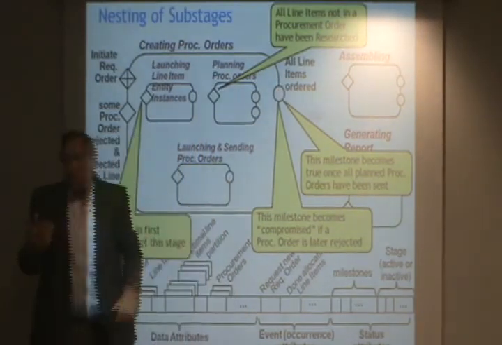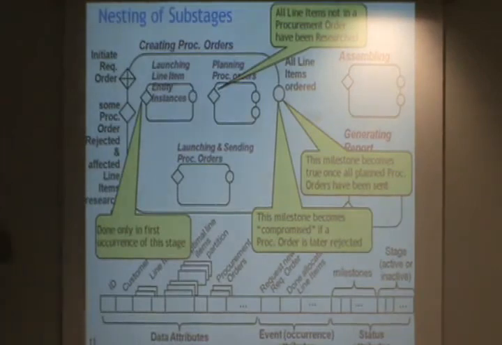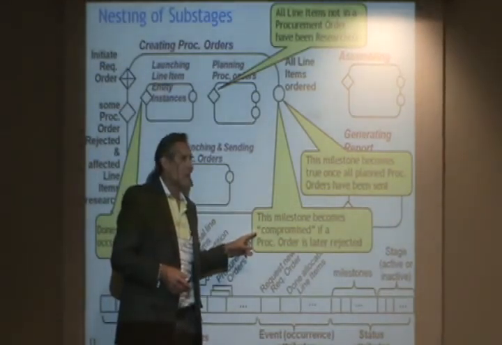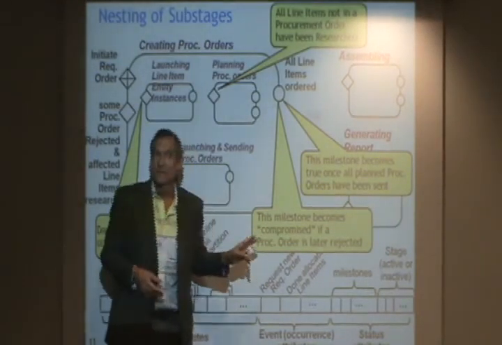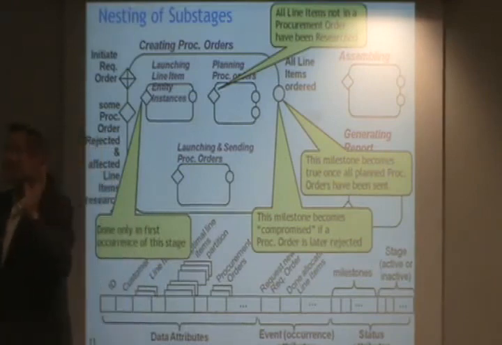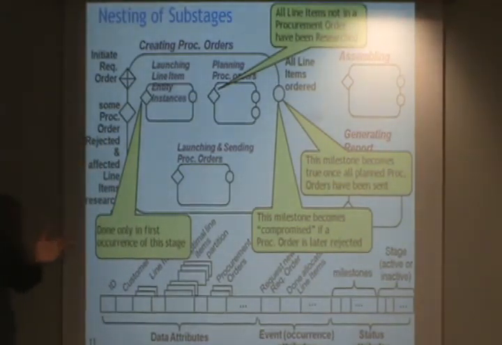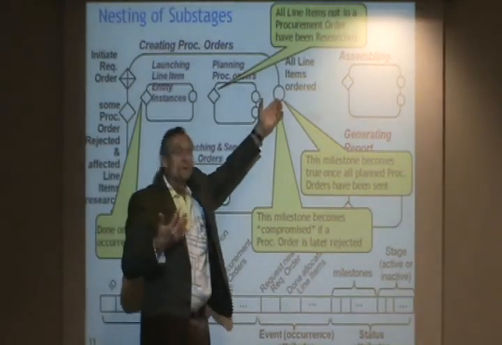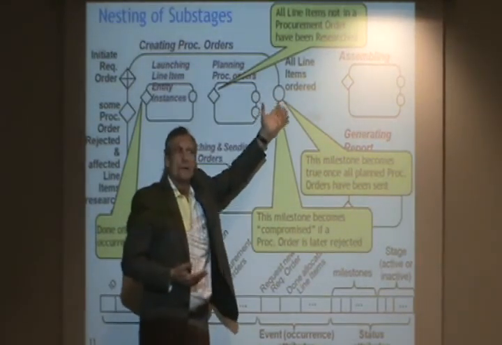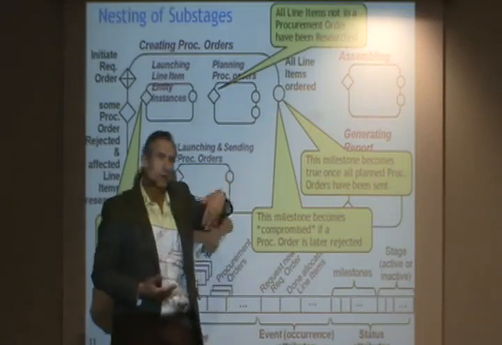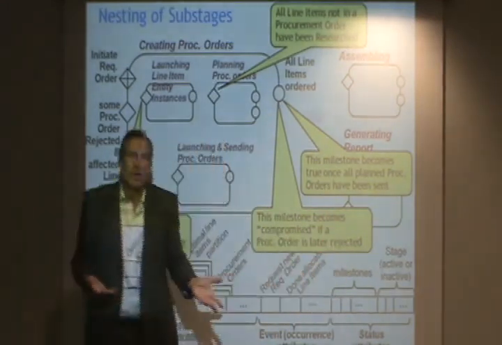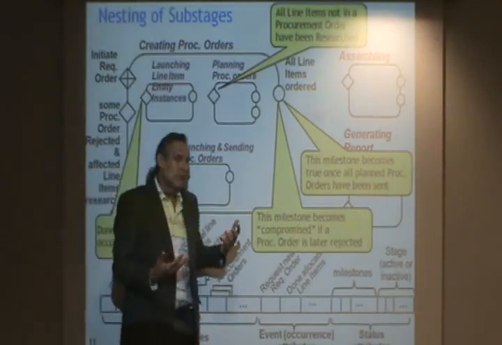So what we are choosing to do in this GSM model is we have the notion of milestones becoming compromised. This is a design decision, and there's a lot of argument. Can milestones ever be compromised? Once I achieve an objective, what does it mean to say I've undone this objective? I did literally achieve all line items ordered. It's just that a while later, something happened, and now I've got some line items I've got to deal with. So the way we're choosing to model it is,